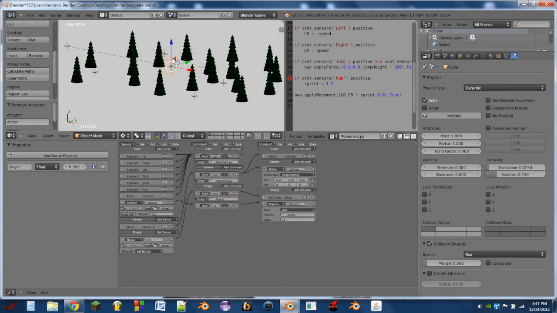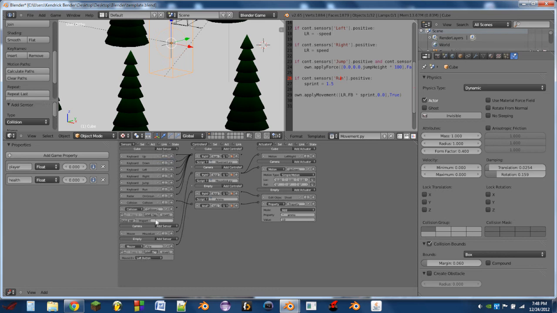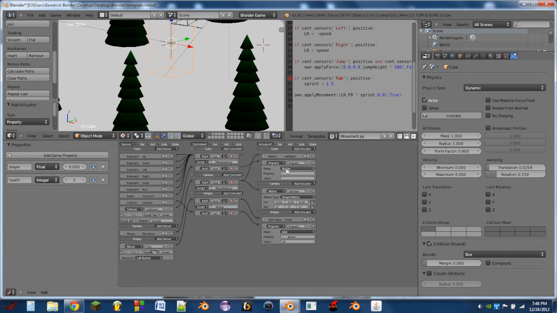So next thing we're going to do is we're going to select our cube's boundary box, and we're going to add a property health to this as well. We're going to add another collision sensor, and this collision sensor will be looking for the property enemy. Switch health to an integer, and we're going to up this one to 5. So then we're going to add an AND controller and a property actuator. So we're going to add to the property of health -1, and whenever the property health is equal to a value of 0,